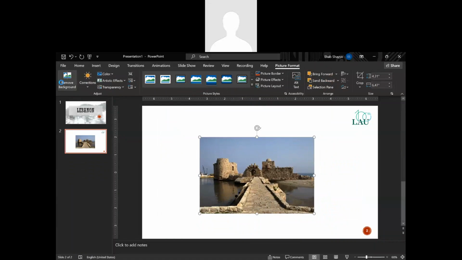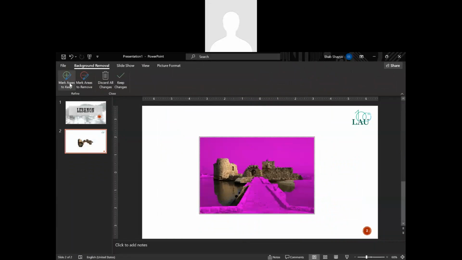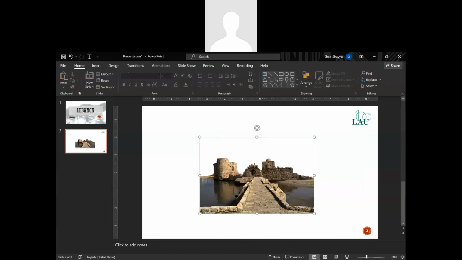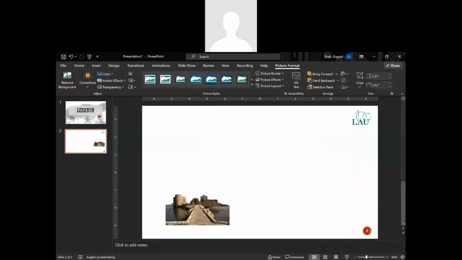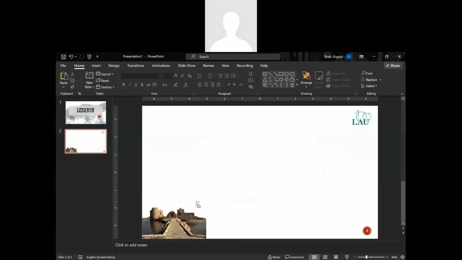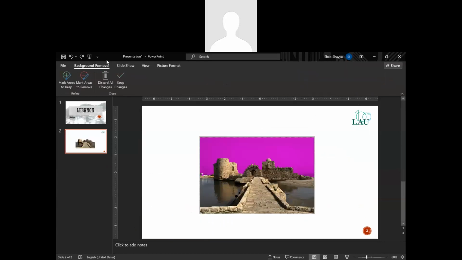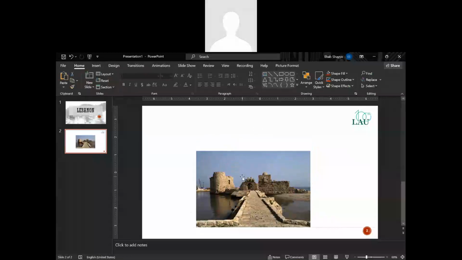You can remove its background. You can mark areas to keep, and let's say we want to keep this one too. You can mark areas to remove, let's say I want to remove this one, and you keep changes. So you can also edit it this way. Of course, Microsoft PowerPoint is not for photo editing, and it's not Photoshop at the end,